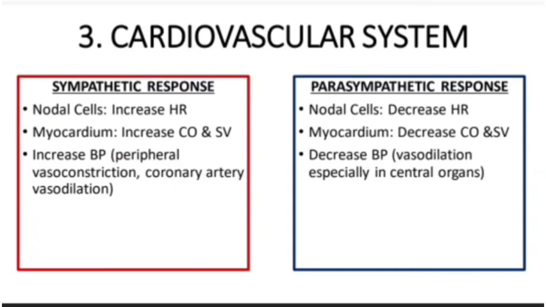The increase in blood pressure is because of peripheral vasoconstriction, meaning the vessels on your limbs and your central body are all constricted, but at the same time, your coronary arteries are dilated. Your coronary arteries are the blood supply to your heart. And remember, there is an increase now in cardiac output and stroke volume. So your heart has to accommodate all that extra blood flow. It does this by vasodilating your coronary arteries.